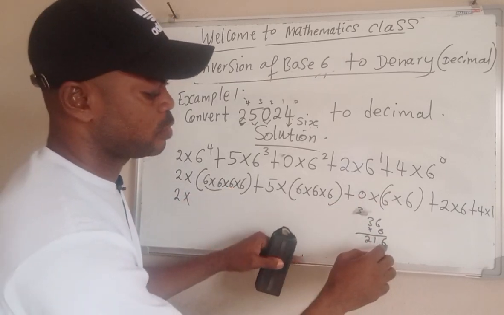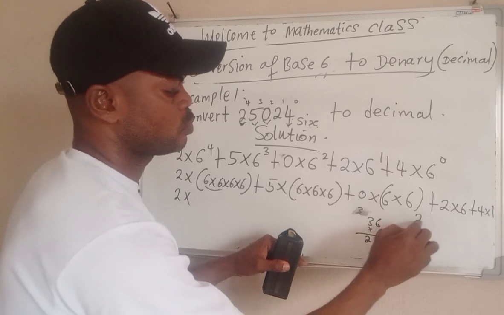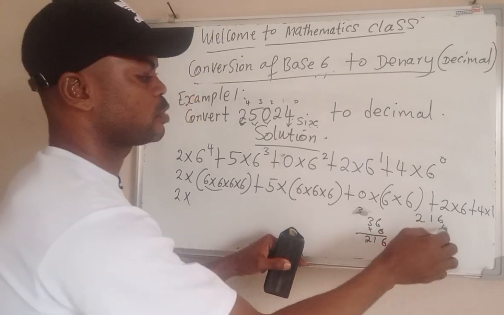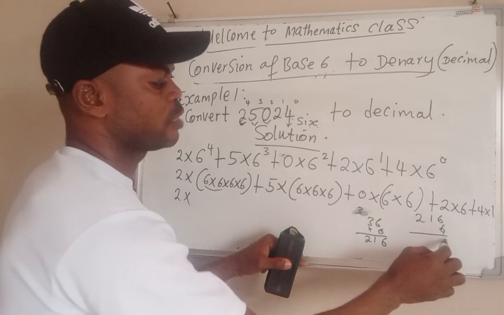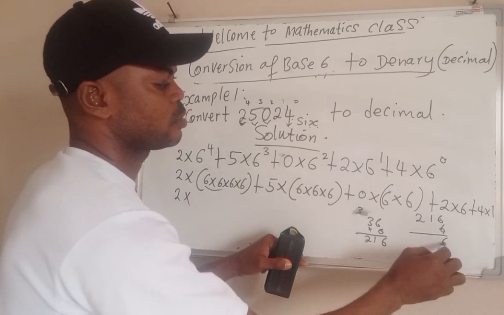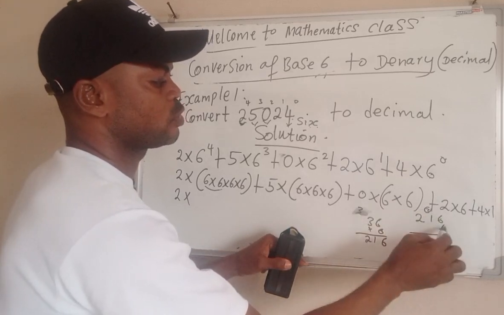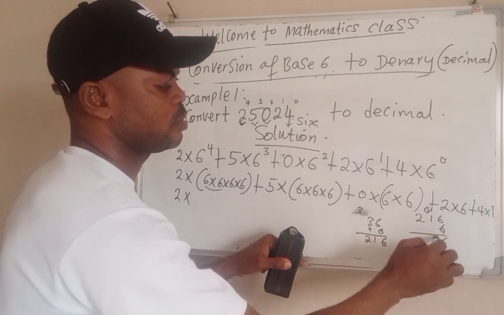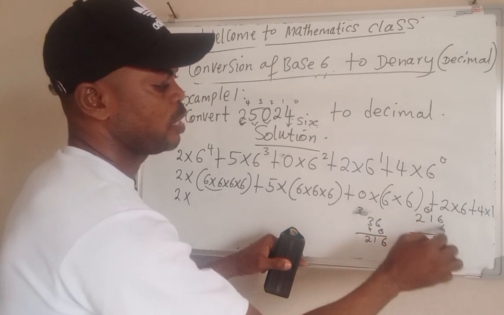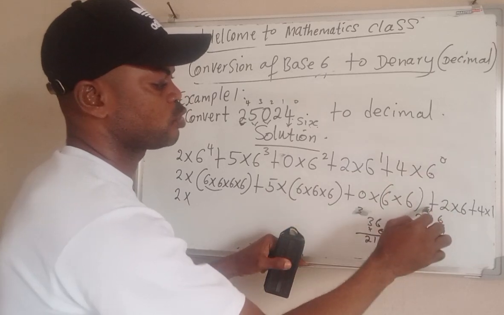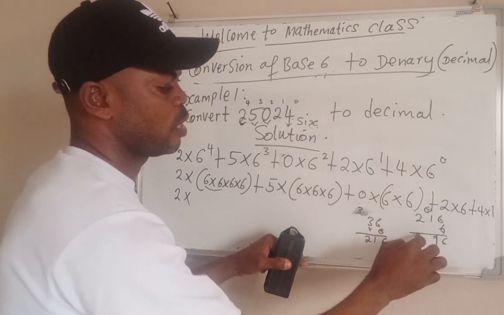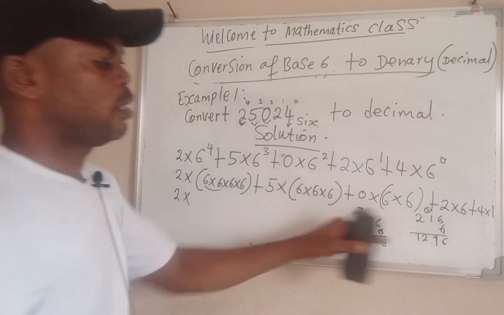Now 216 again, and write it boldly, 216 times 6 again. In the last one, it's going to be 6 times 6, gives 36 again. Write down the 6, carry 3 over here. So 6 times 1 is 6 plus 3 gives you 9. 6 times 2 gives you 12. So it is